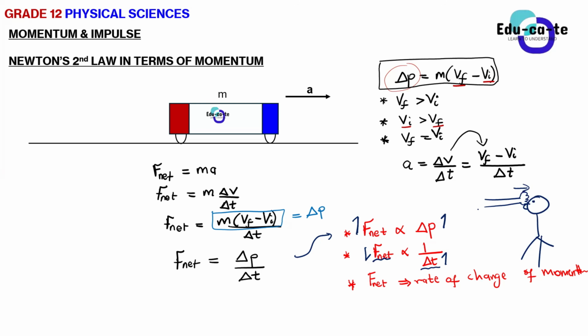So when someone is hitting you with a punch, if they take a small amount of time in contact with your nose or with your body, you are going to feel more force, because the time and the net force are inversely proportional. So if they take less time to hit you, it means there will be a greater force. But if they take more time reaching the punch to your nose, imagine their fist is on top of your nose for a whole minute. Are you going to feel any pain? You're going to feel like they are playing.